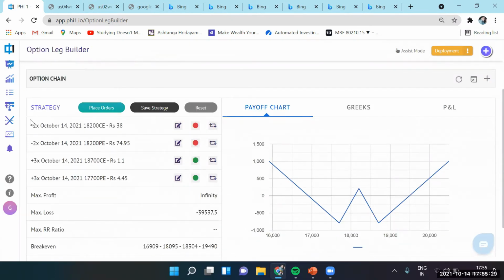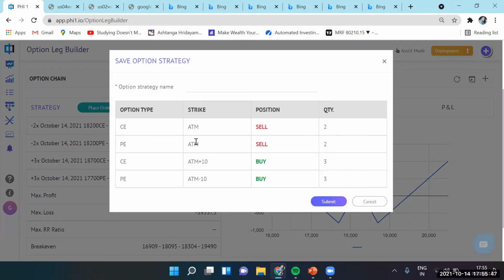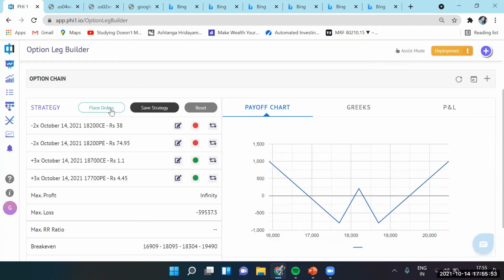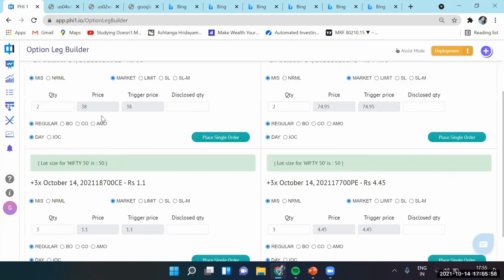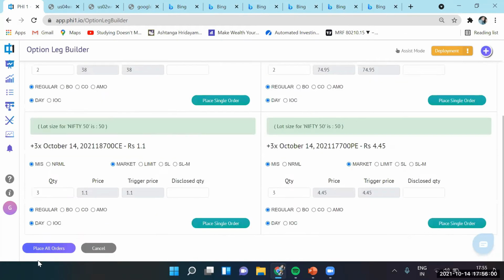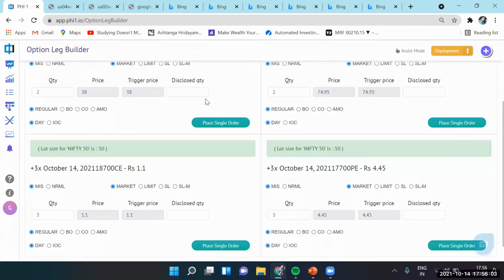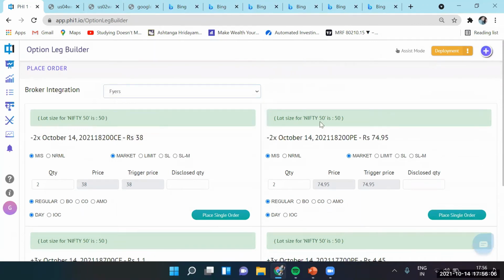So I want to show the ratio butterfly deep cover. In this case, we try to sell two lots of at the money call and put, and then we have the covers slightly, in this case just 500 points away. And like I say, you can modify it and save with an alternate name. So these are 10 strikes away. I've just loaded a strategy. Let's say it worked in the past for me. I can directly place these orders. All the 4 legs get executed with a single click. I've chosen my broker to whom the orders get routed.